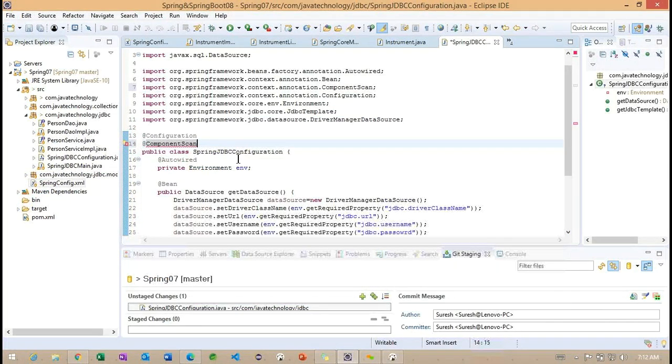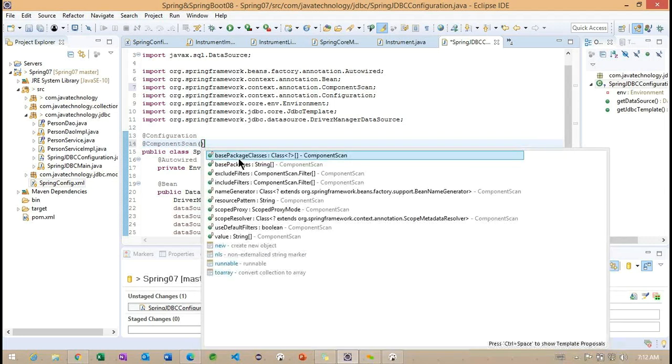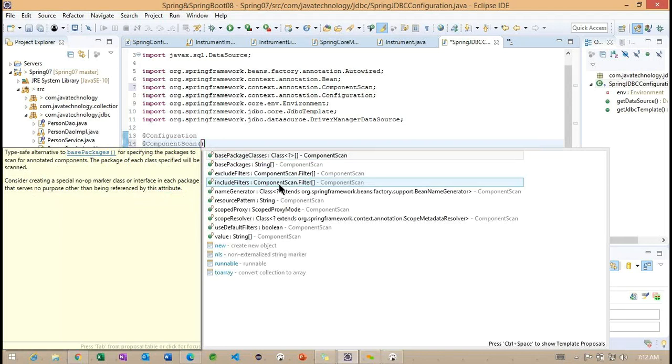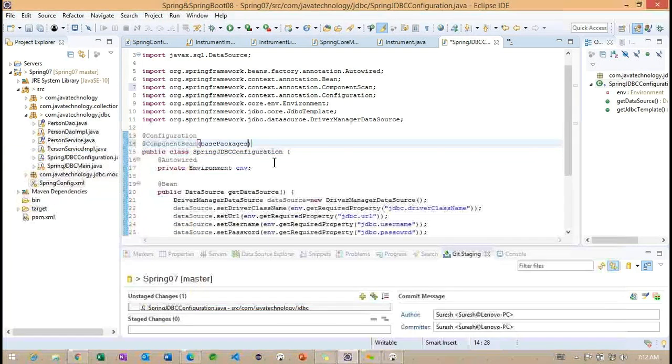We have seen the property in the XML way, and we can use component scan as an annotation in the annotation example. Here we can say base packages. What is our base package here? com.javatechnology.jdbc.